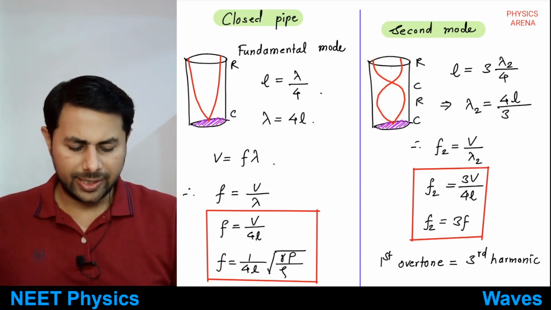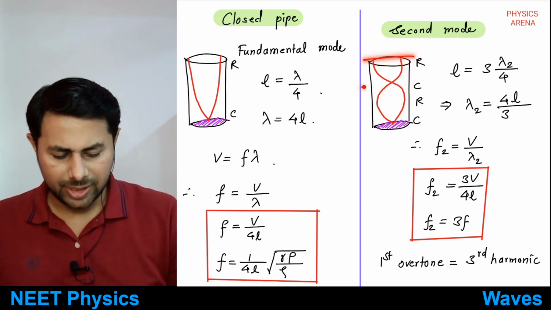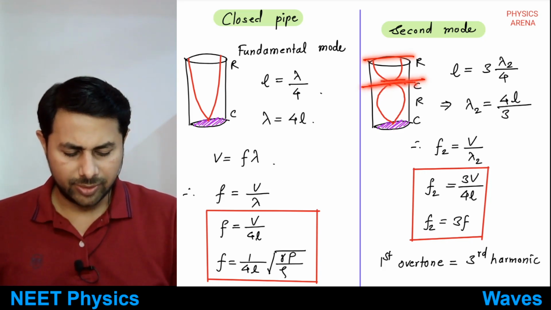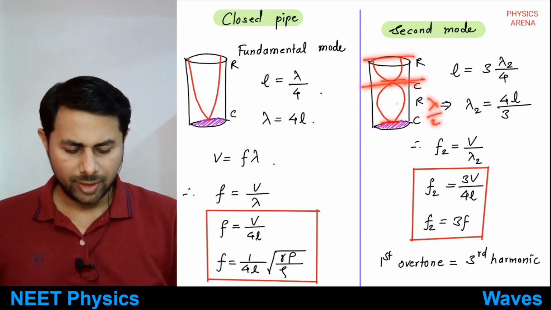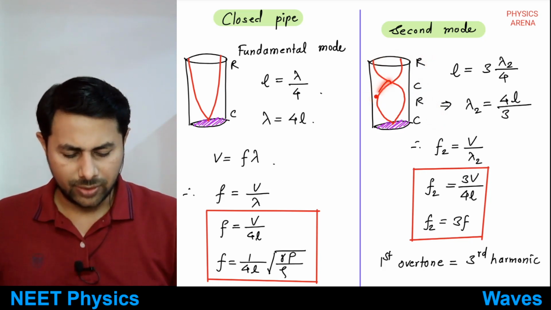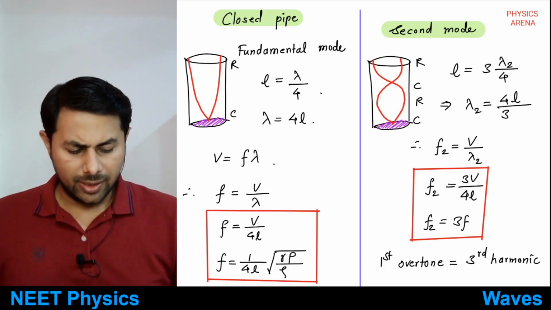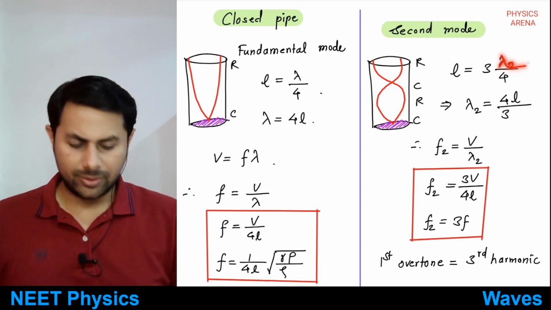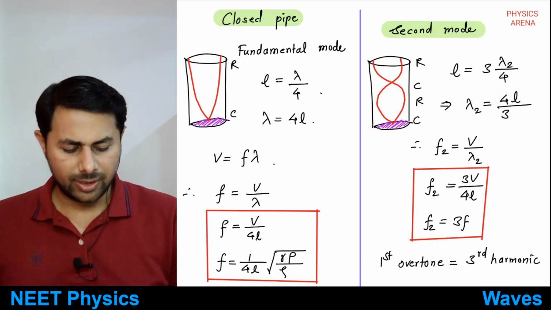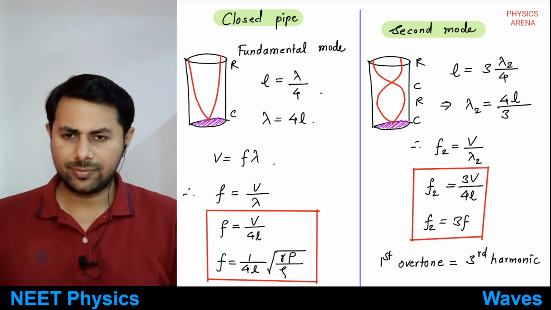Okay, so how much would be the length of the pipe here in terms of the wavelength? So we know this much length is lambda by 4. Okay, distance between a node and antinode is lambda by 4, and distance between two nodes is lambda by 2. So lambda by 2 plus lambda by 4 is 3 lambda by 4, right? So we call this wavelength lambda 2, and therefore what would be lambda 2? Lambda 2 is just equal to 4L divided by 3. Okay, this is clear,